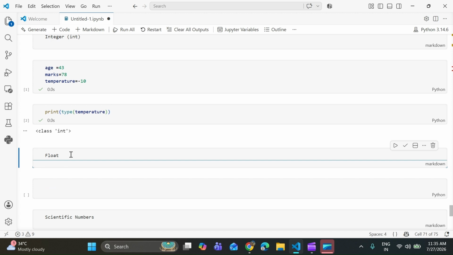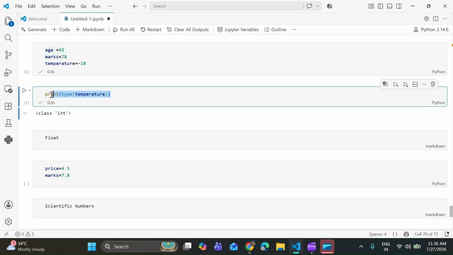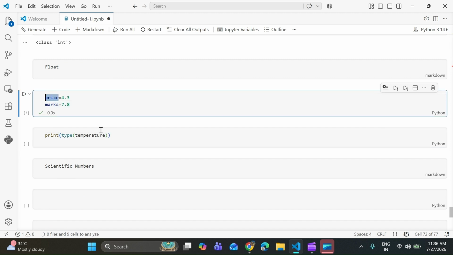Okay. Now let's talk about float. A float is a number that contains decimal points. Let's check. So let's check the type of price.